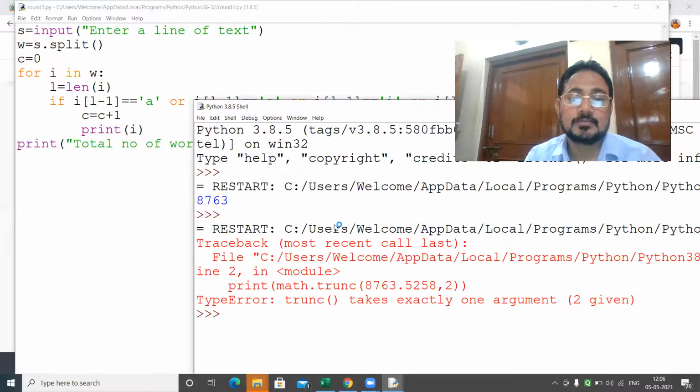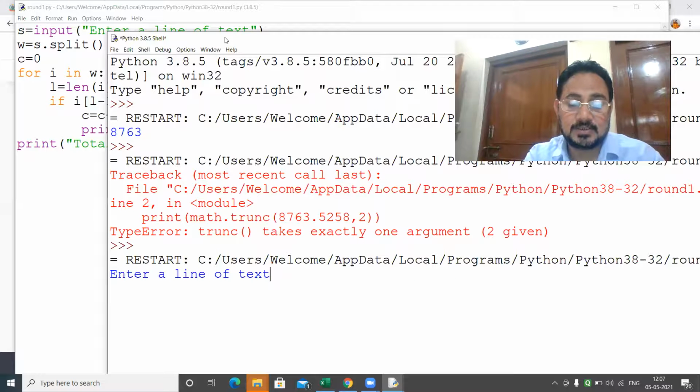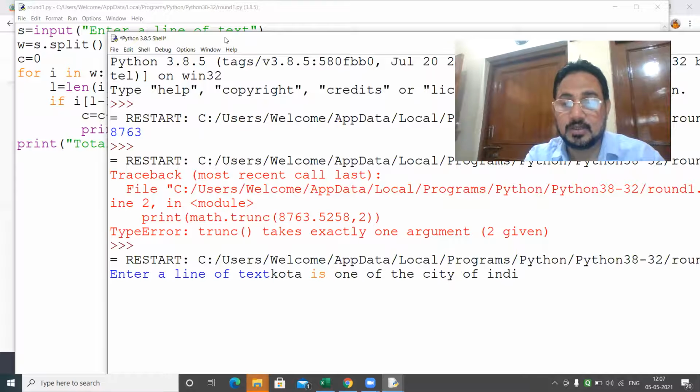Now see, I'm entering a text: Kota is one of the city of India.